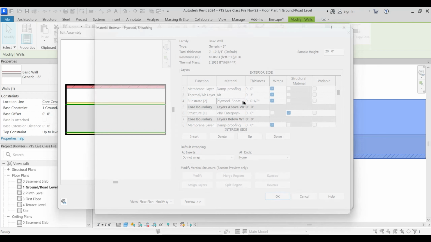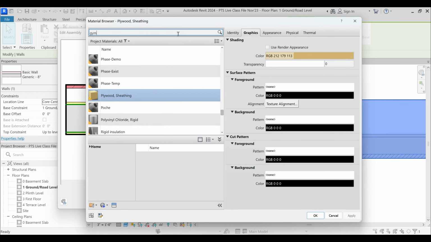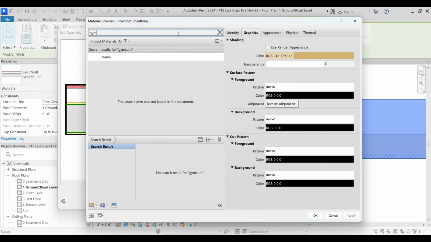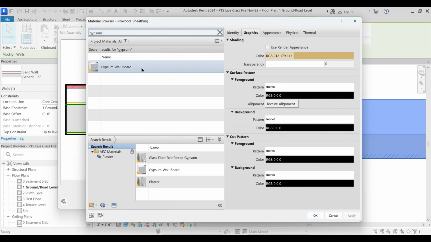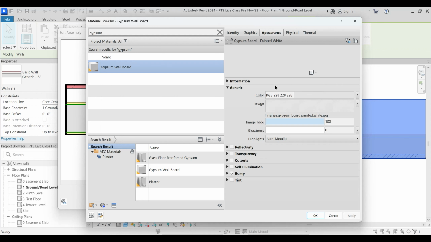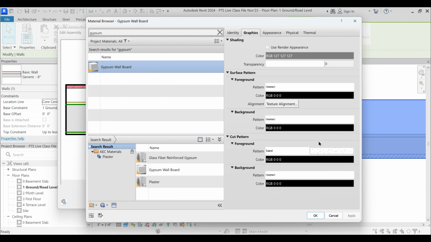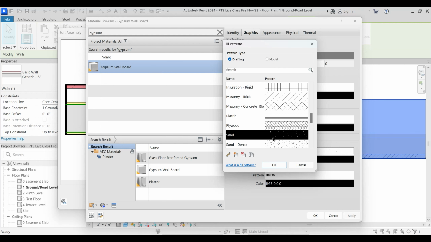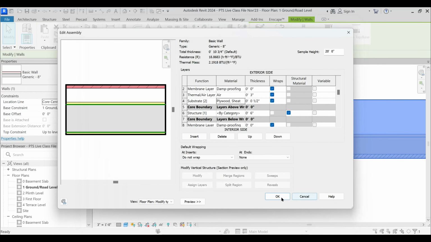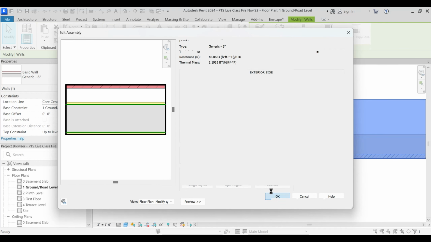Let's make this gypsum wallboard, whose appearance is simple white, and this has the graphics wherein for cut pattern you have this foreground pattern of sand. Okay, and with this I'll click OK.